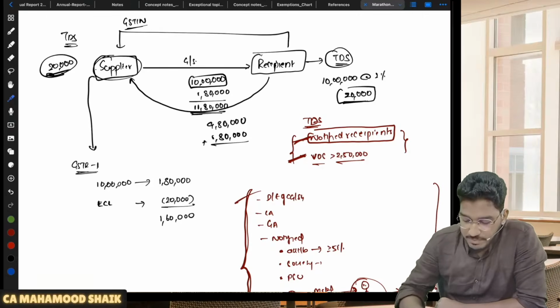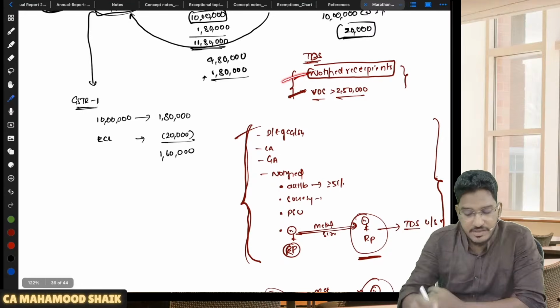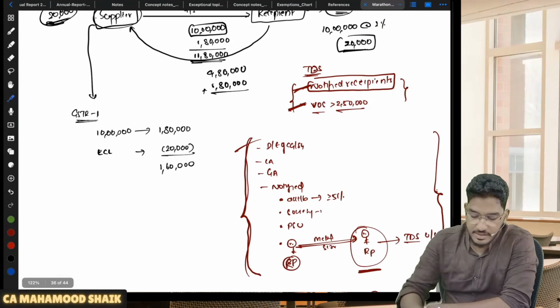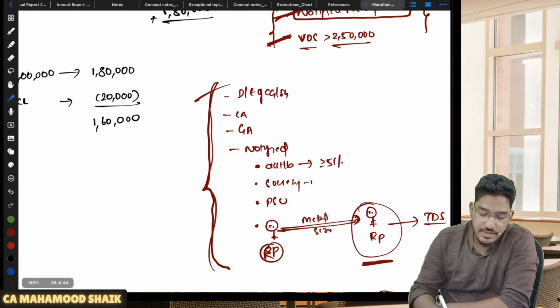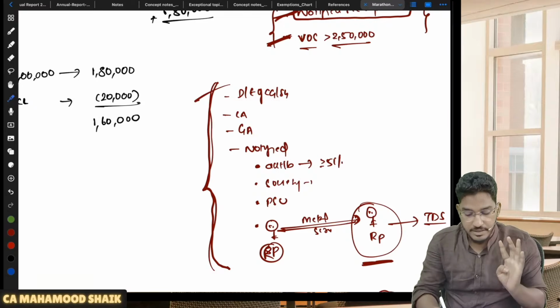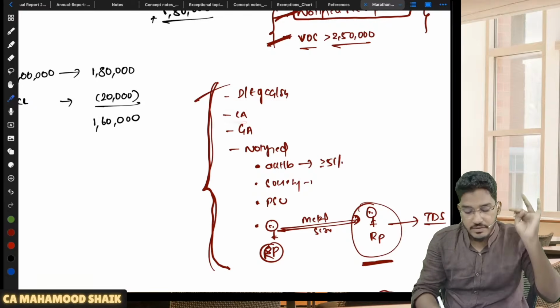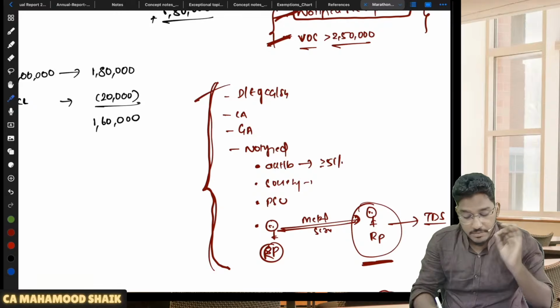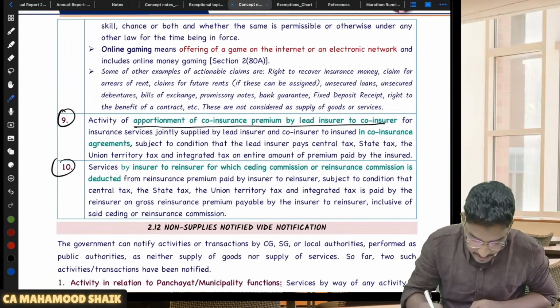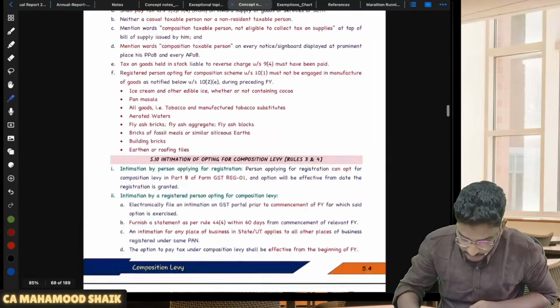Now a few things which you have to keep in mind: sir, who are those notified recipients? You told us not every recipient is required to deduct TDS, only notified recipients. Who are those notified recipients? They say recipients are if the recipient is a department or establishment of central government or state government, or if it is a local authority, or a government agency, or other notified persons. If the recipient falls under any of these categories,